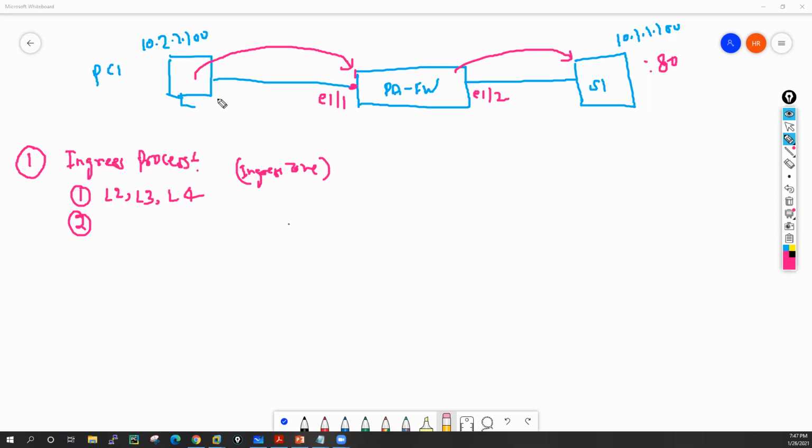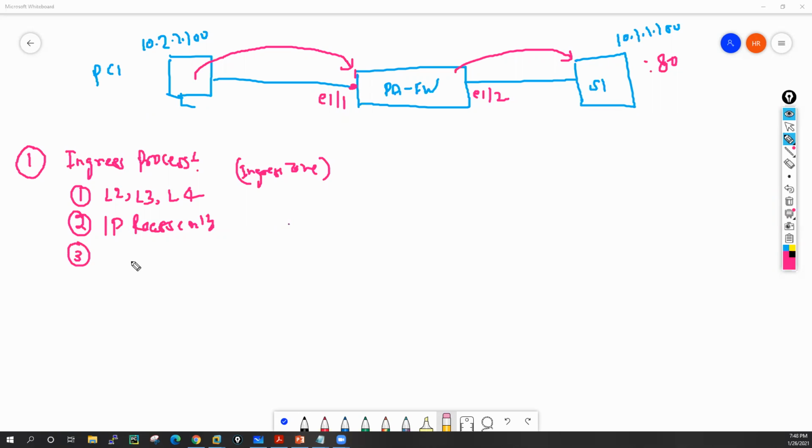Now, let's suppose this PC sends some kind of fragmented packet. There is a chance, right? When Palo Alto receives these packets, it will collect all the fragments and perform IP reassembly on the fragmented packet.